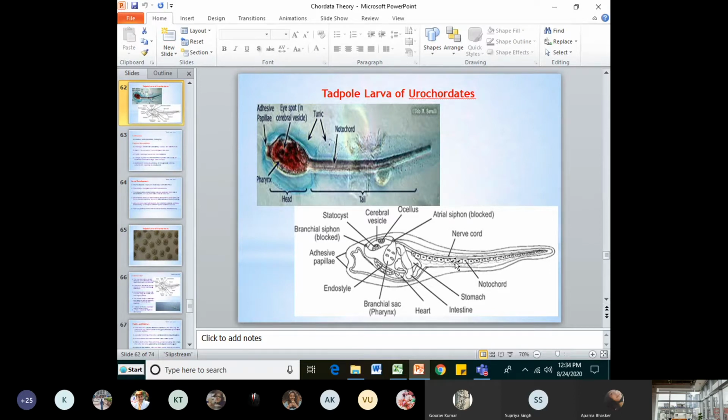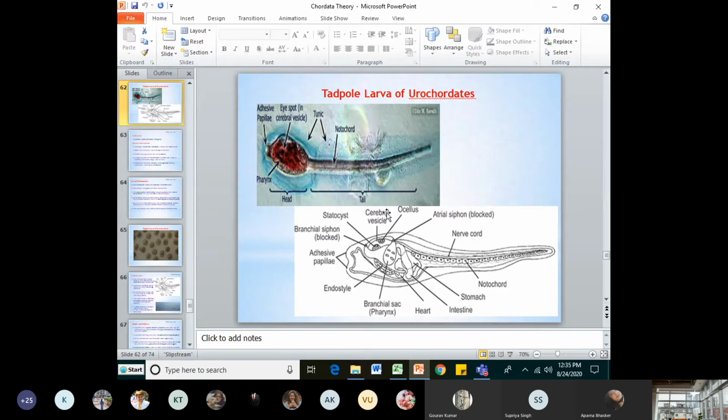So it starts from the beginning of the tail, and it runs up to the tip of the tail. Then it is also supplied with nerve cord, and the nerve cord is, you can see, also coming into the head region, where you can see the statocyst. Okay, it is a balancing organ. You must be knowing from your previous information that it is a balancing organ. Then ocellus, it is a photoreceptor, meaning the animal can detect the presence of light with the help of the ocellus.